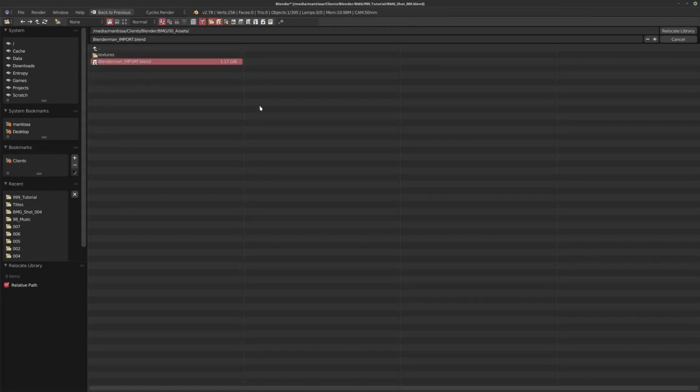Now this is again going to take a while because it's loading it in from the network, but this is the way you can relink some of those lost libraries. Let's say if you moved it around, you changed the directory, or you just did something stupid, or you renamed it or whatever, or you have to use a backup version and you want to replace it, then that's the way to do it. So as this loads in, hopefully it'll pop up in just a second.